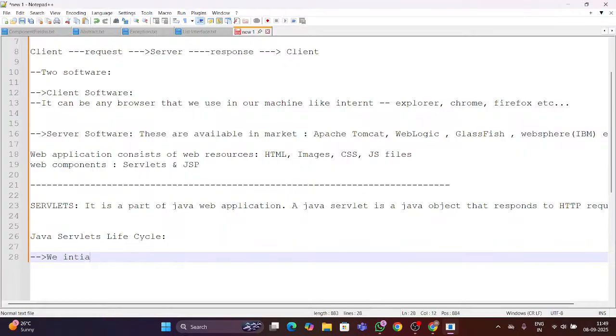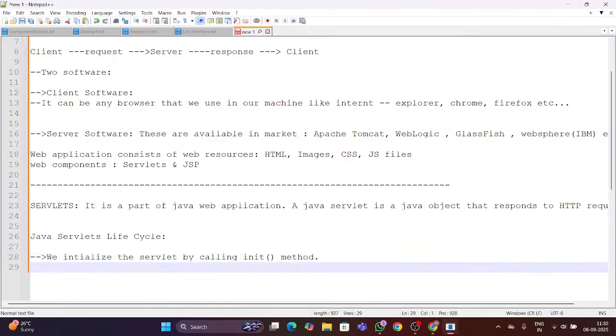So what is meant by initialize? Nothing but like initializing a variable: int i is equal to 10, here variable i is initialized. To initialize or to start the servlet, we initialize the servlet by calling the init method. A method has parentheses and a semicolon, or curly brackets open and close; you are all aware of that. Whenever you find the init method, you must identify that the servlet has been initialized in this class. Then the servlet calls